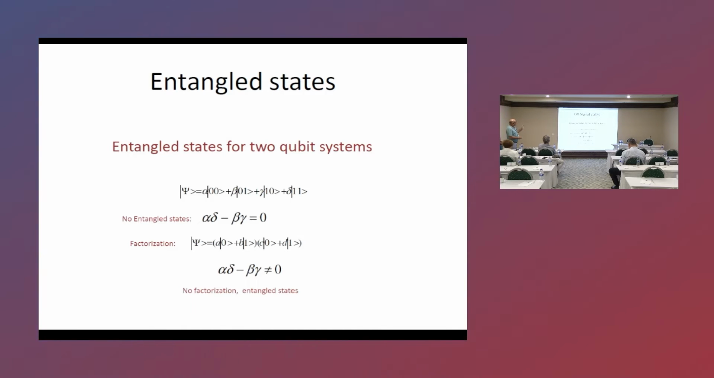It is possible, the state in quantum mechanics. If we take two qubits, in this case we have no entangled state, so we have such an equation: alpha delta minus beta gamma is 0. It means that in this case we have factorization, and the wave function can be presented as a product of two wave functions. And if no factorization, it means that